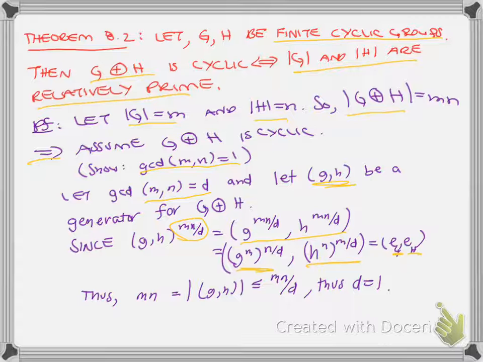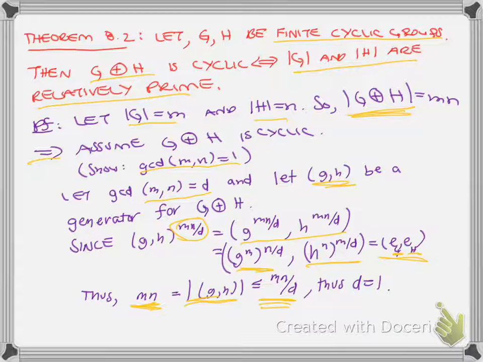Okay, thus we can say Mn, which was our order of G cross H, is equal to the order of (g, h) because that's the generator for that direct product. And we also just showed that if we raise (g, h) to the Mn over D, then that also equals the identity. But since Mn is our order, right, then that tells us, because the order represents the smallest power you raise to get the identity element, that Mn has to be less than or equal to Mn over D. Okay, and so